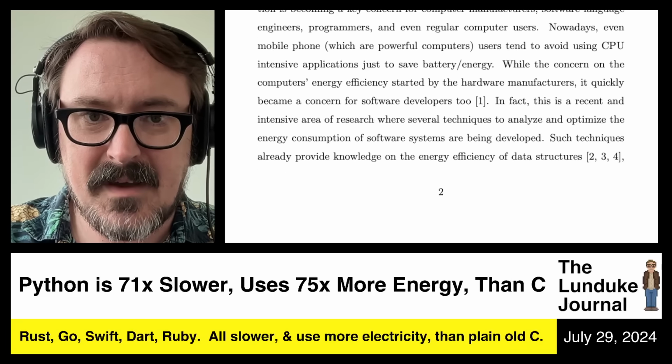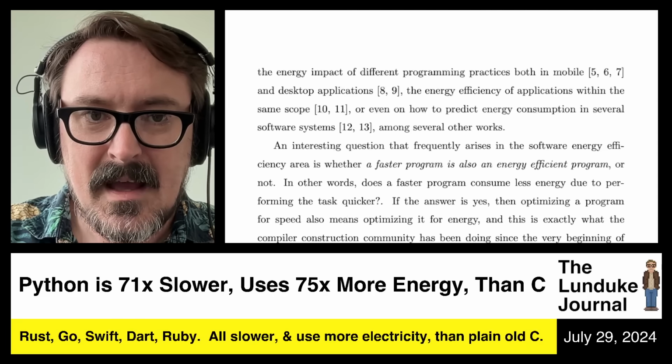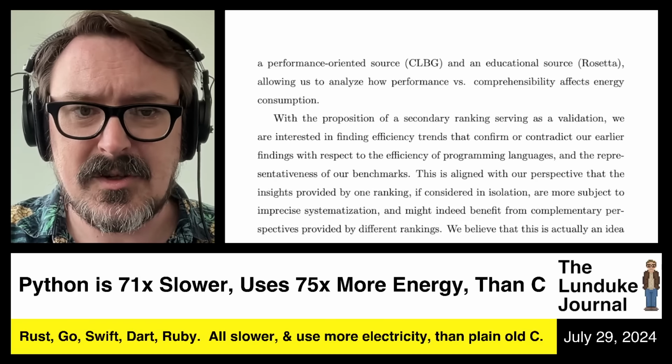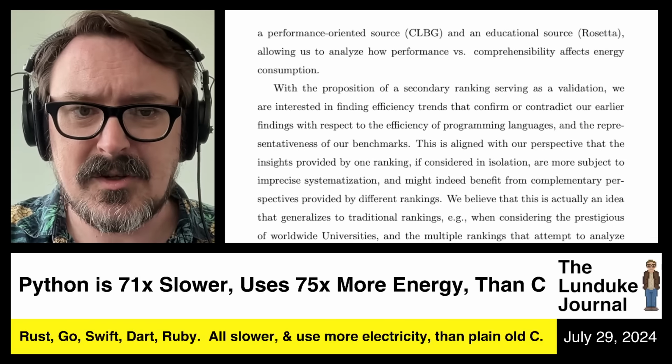Let's scroll down here. They've got a list of some of those. They talk about how they measure the electricity and whatnot, and how they go through it. And they run all of these benchmarks with all of these 27 different languages, same basic functions on the exact same machine, and they measure the electricity and the performance and the memory usage and all of it, which is absolutely fascinating. But scrolling down here, they've got a list of...